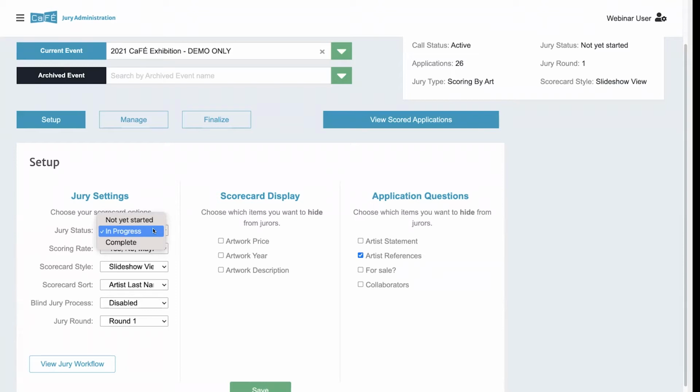Setting it to in progress does a couple of things. First, it opens up the scorecards to the jurors. Secondly, this setting also hides the status of their applications from the artists on their end. So when it's set to in progress, they can't see whether their status is received or maybe invited, not invited, any of those things. It basically puts the curtain up for your jury so you don't have to worry about them seeing their status. While it's in not yet started, they can see the statuses, but as soon as you